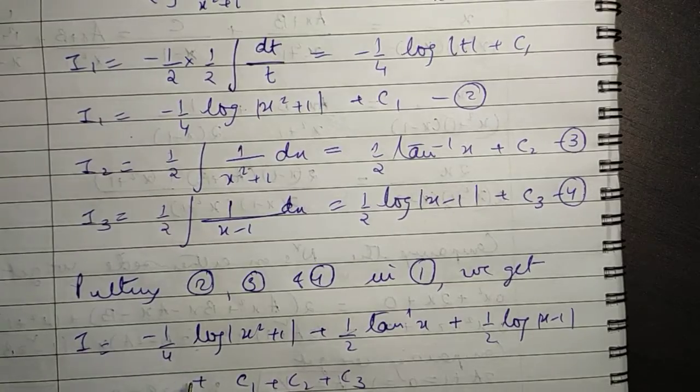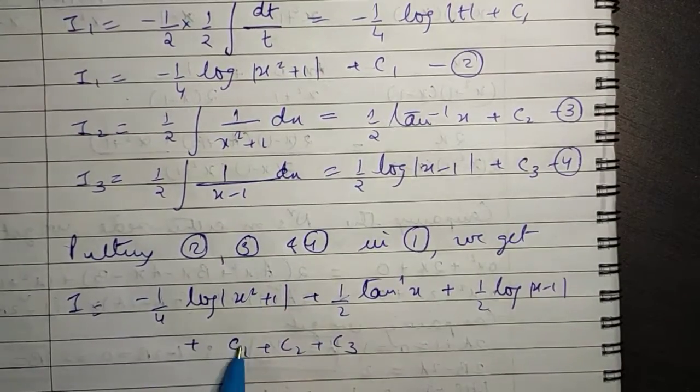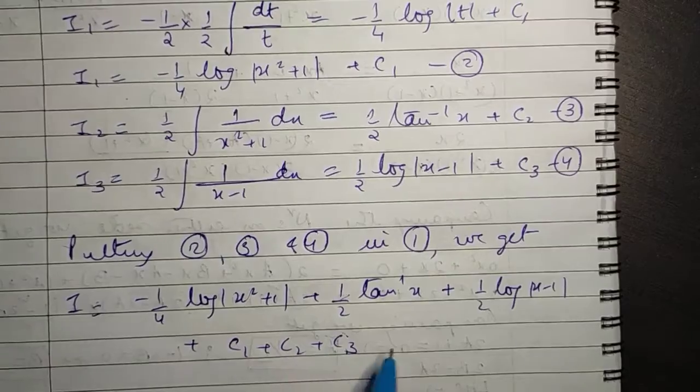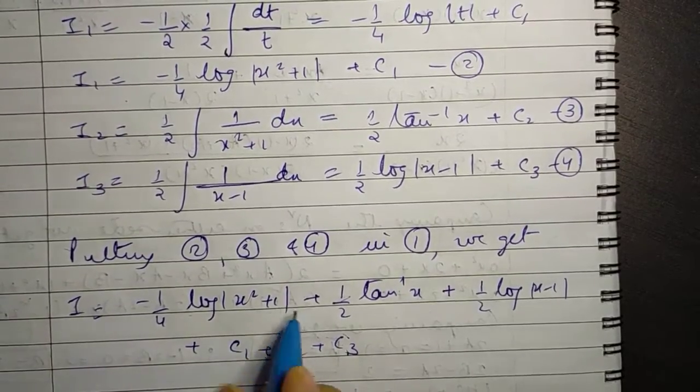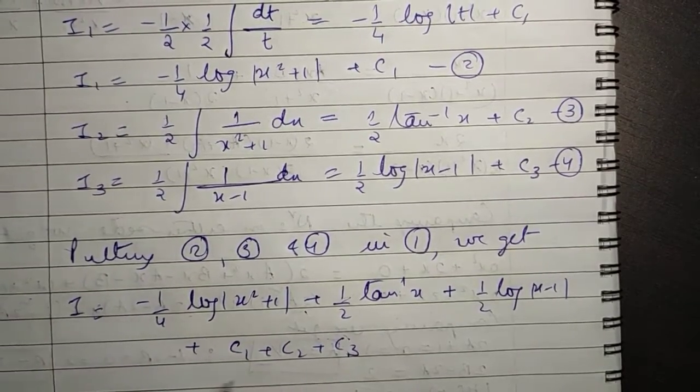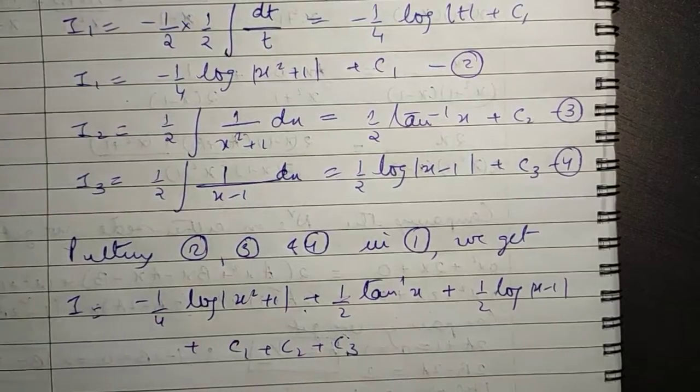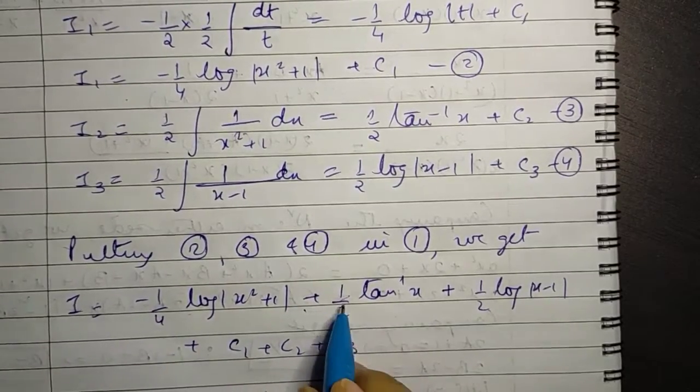Here you can easily add these three constants to give you another one, and if you want, you can leave it like this, or you can combine the answers and write it as